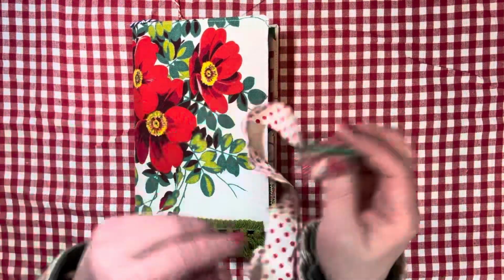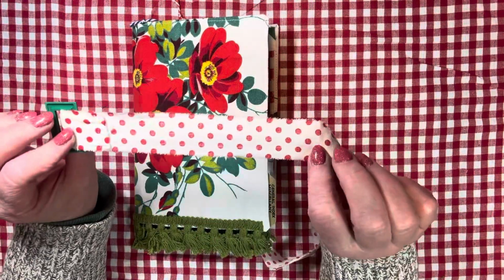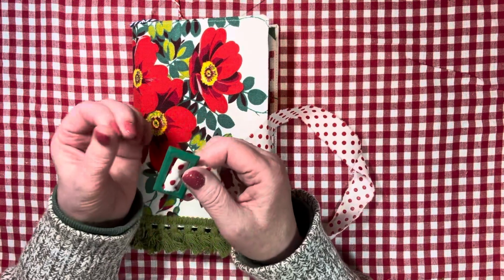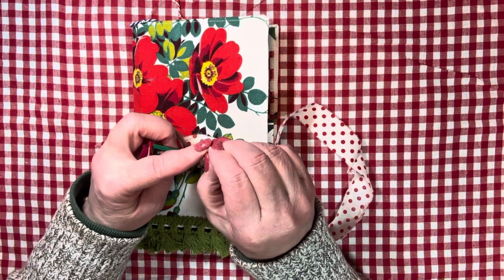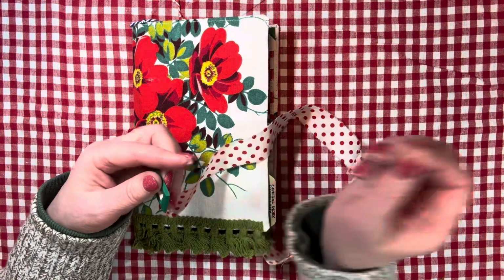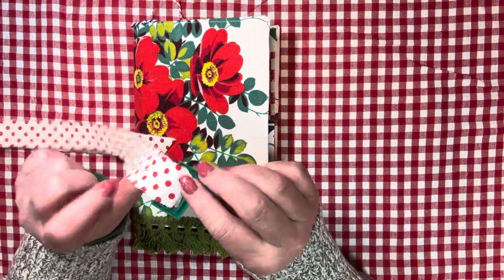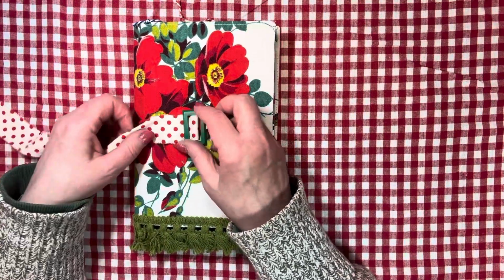So I sewed the sash. It's just a plain strip, a torn strip of fabric. I sewed each one to a vintage slide. So this one is a green one. I've got glue on my finger right there. It's bugging me. So I sewed it through the slide, and then when you put it on,